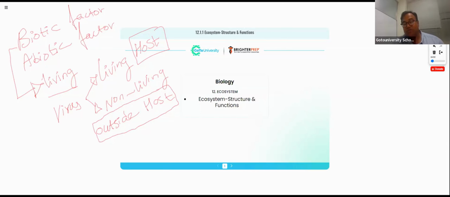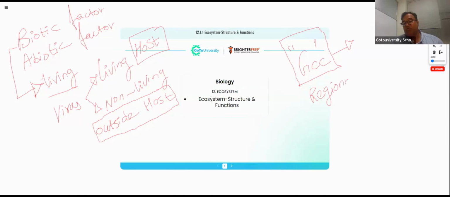The next major point we need to understand in the ecosystem is local ecosystem and regional ecosystem. For example, the GCC is not only Qatar, not only Kuwait, not only the United Arab Emirates; it has many countries. Not all countries, but a few Arabian countries are in the GCC. So I can call the GCC a regional area